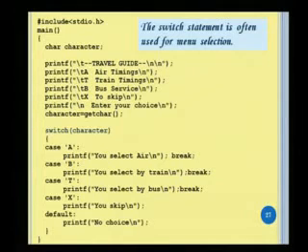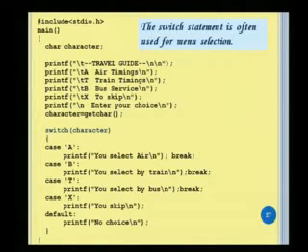When we are pressing the key A, we will get that you had selected an air ticket, and it will break the statement. What happens after the print statement, you are seeing a break block. The break statement will break a particular condition. If the condition A is true, it will break. It will not go to case B. Then if the condition is false, it will check case B.